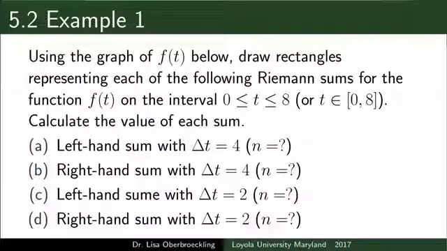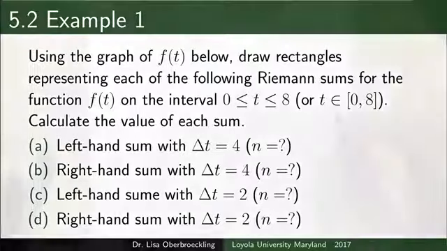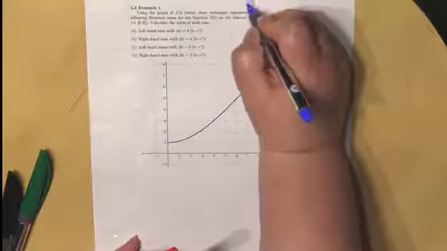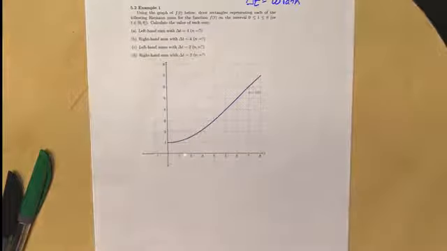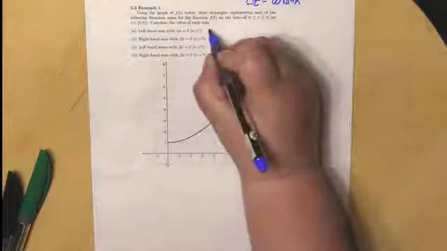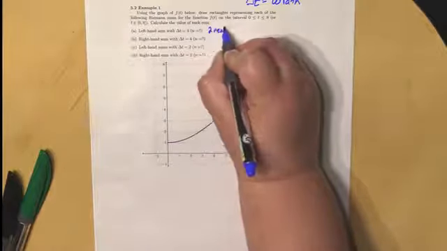In this example, we're given a graph, and we're asked to draw the rectangles representing each of the following Riemann sums. We're going from 0 to 8, and in part A, we're looking at a left-hand sum with delta t equals 4. So delta t is width, change in t. So the delta t is standing for width, and so we're looking at a width of 4 for part A, so that means we're looking at 2 rectangles